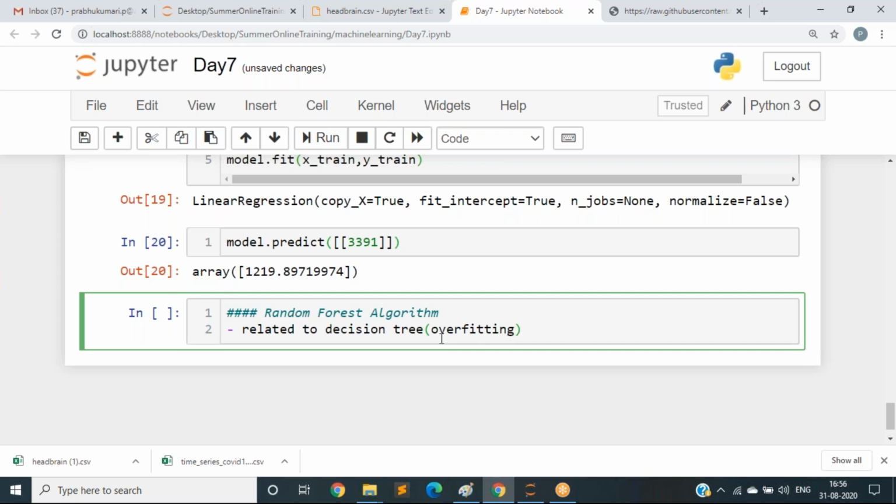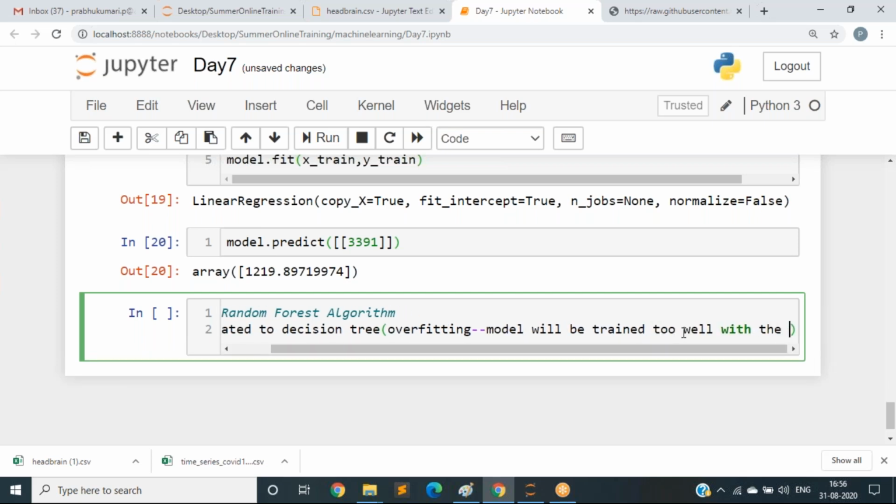Overfitting of data means that your model will be trained too well with the given data, the data that you have trained the model with, so that if you give any new data to predict, it will not predict correctly because your model trained very well.